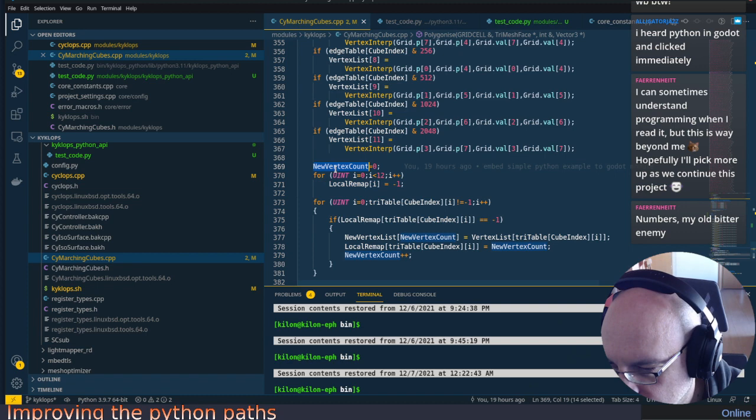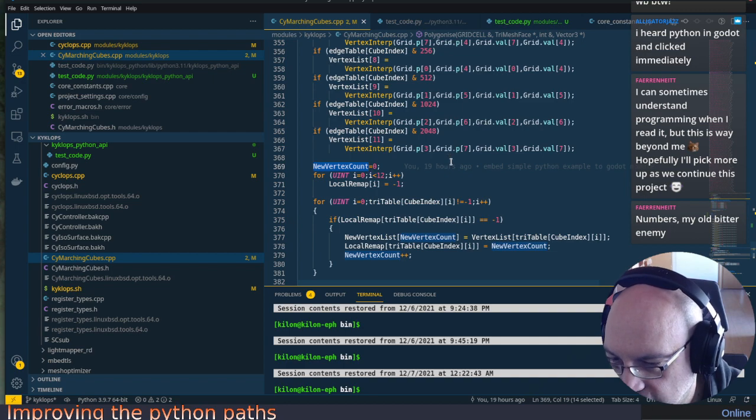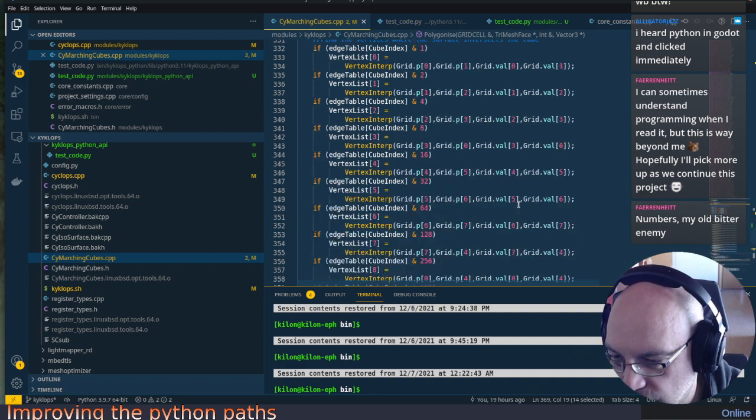So then we have new vertex count. I don't understand what the new vertex count is exactly. So, new vertex count. What exactly is the new vertex count? So the new vertex count here